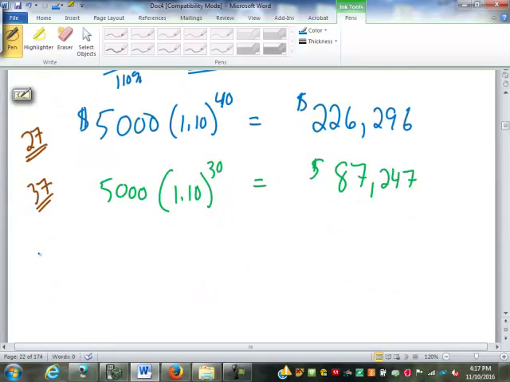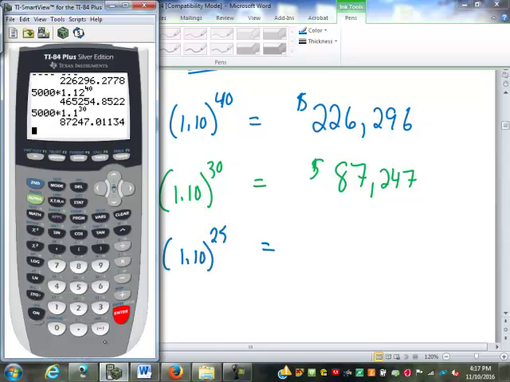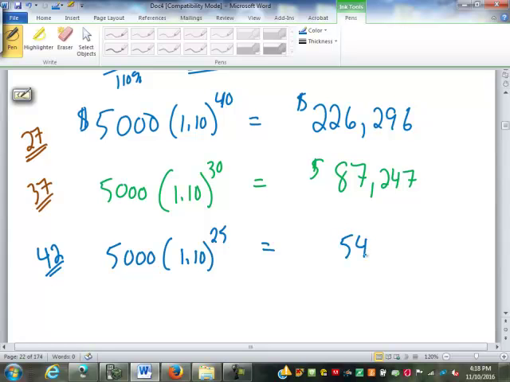Let's say you wait just 5 years more. 42. I'm 43, so I'm going to figure that as my age. Now it's only going to sit there for 25 years. This is going to make me cry, I know. $54,174. About a fifth of what you would have had if you'd started at 27 instead of waiting until you're